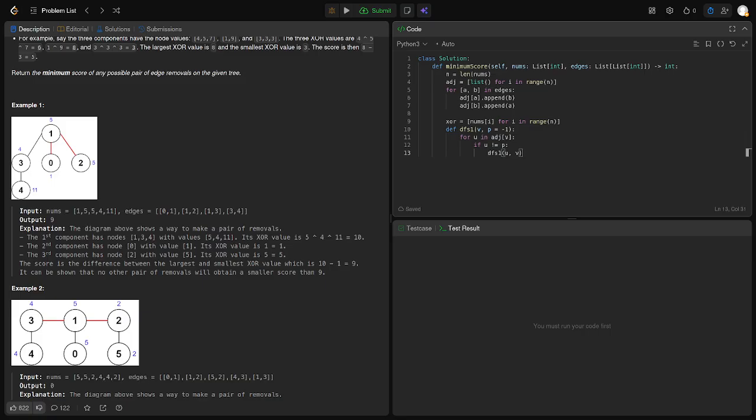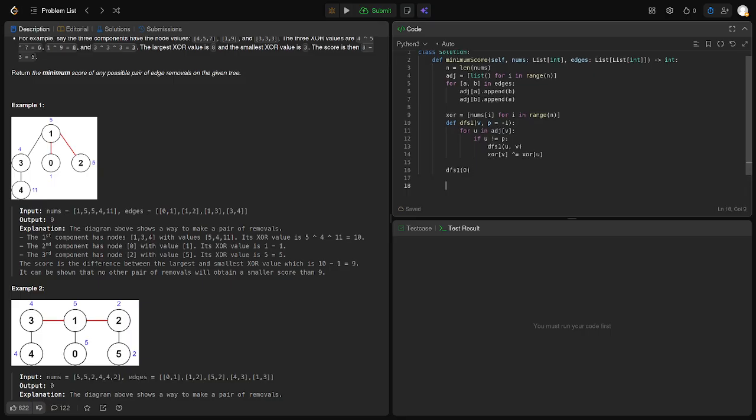So we go to the neighbor if it's not the parent, and then XOR[v] is XORed with XOR[u], right? And then we call it from 0. So that's the first